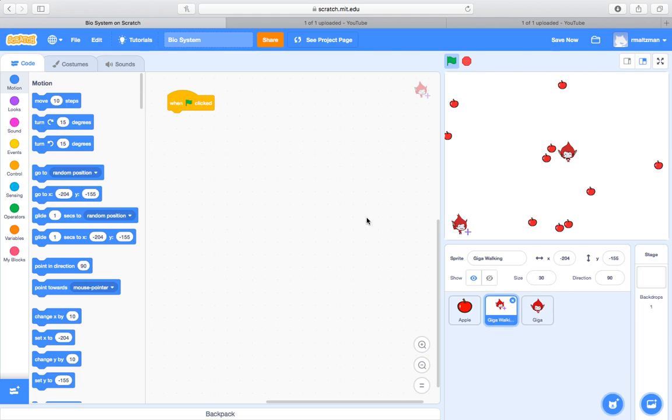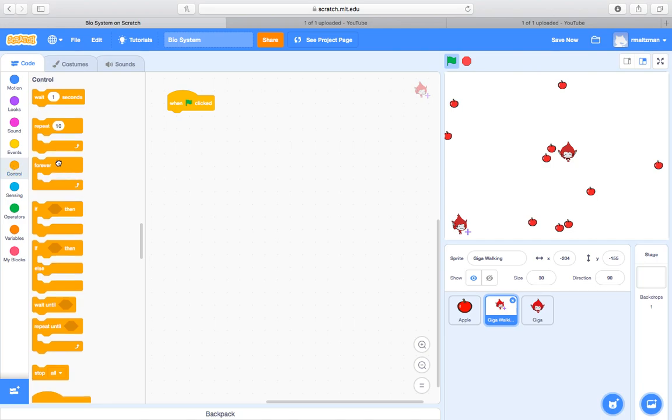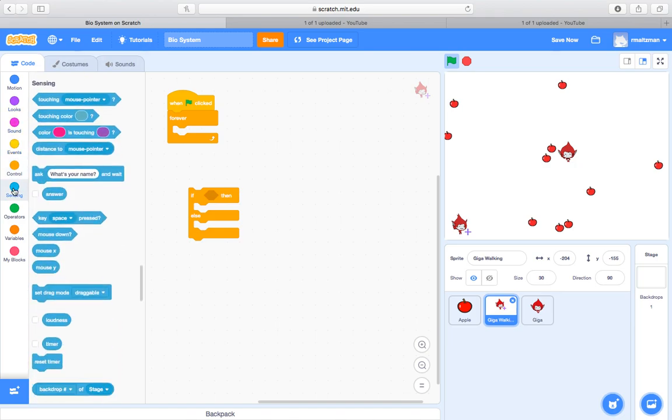Okay, so what I'm going to do is when the mouse is over it, it's going to fade out. So I'm going to put that in a forever block. We've created buttons before. So I'm going to say if touching mouse pointer, then set ghost effect to 50%, else set ghost effect to 0. So if touching, that's going to be in sensing. So if touching mouse pointer,